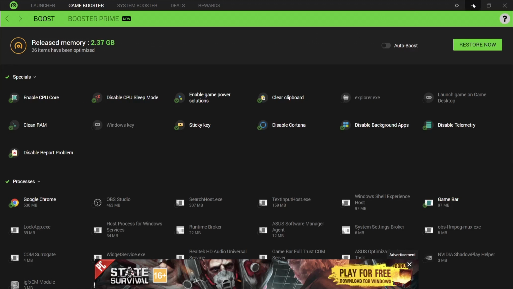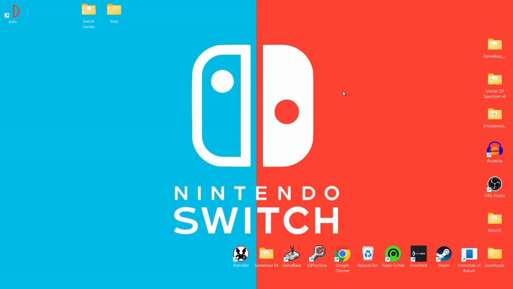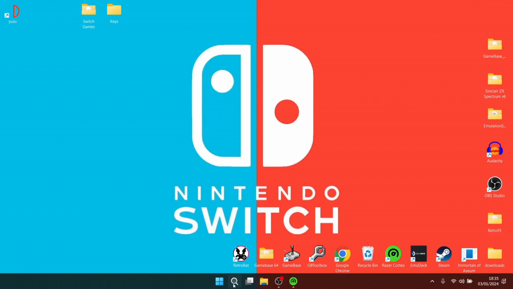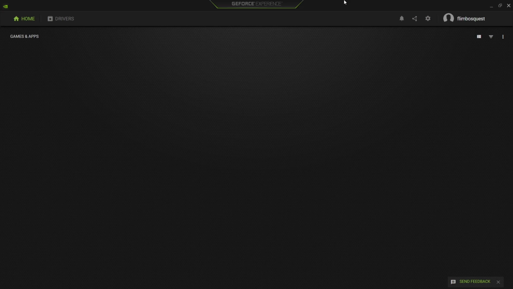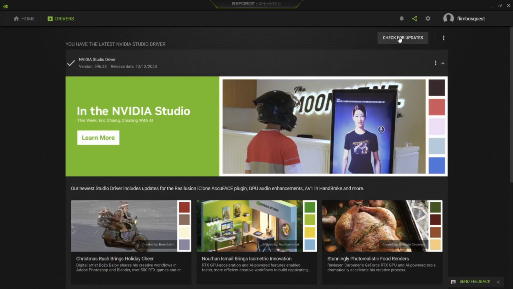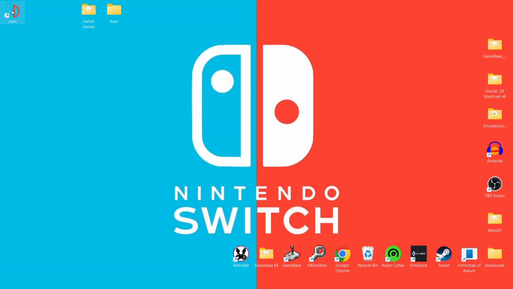So if I just minimize this, now something else I'm going to say is GeForce. So I'm using a GeForce graphics card. As we know, I'm running an RTX. Just make sure that your drivers are all up to date as well. So just download the GeForce Experience app and check for updates. So if we go back into Yuzu,